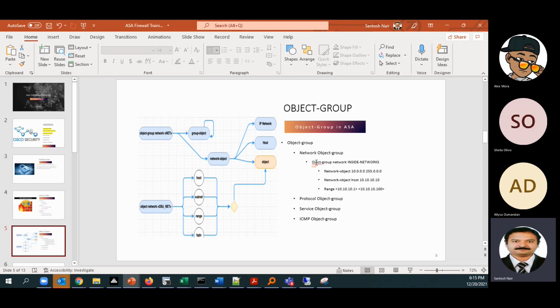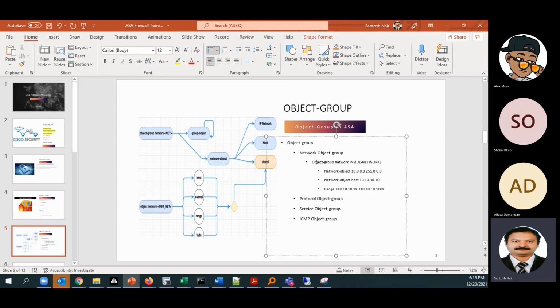Okay, you might have seen that I always advise to use object group. We should never use hosts directly in the firewall rules. We have to use object group because that is scalable. Tomorrow, if you want to add something, we can just add the IP address to the object group. And one more thing is it will reduce the number of rules, because if you go to old firewalls, you will see 2000 lines of just access list. So object group will reduce the number of access lists tremendously.